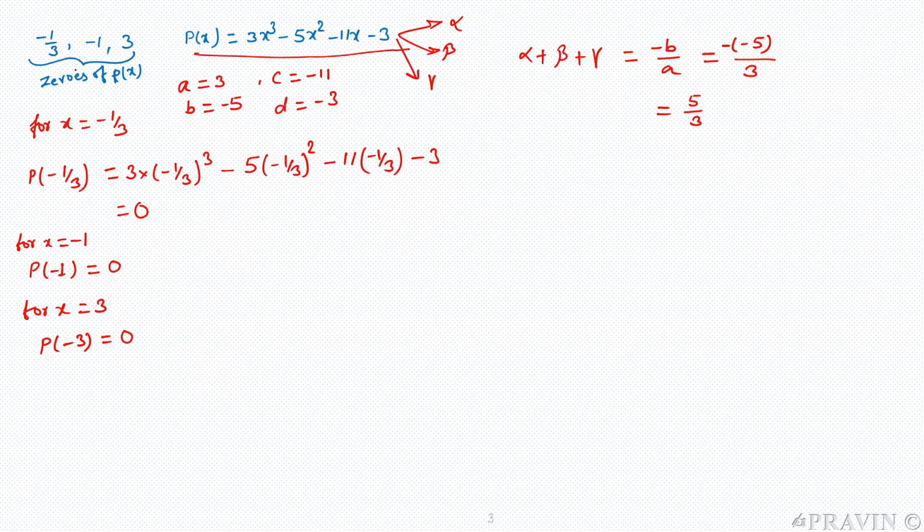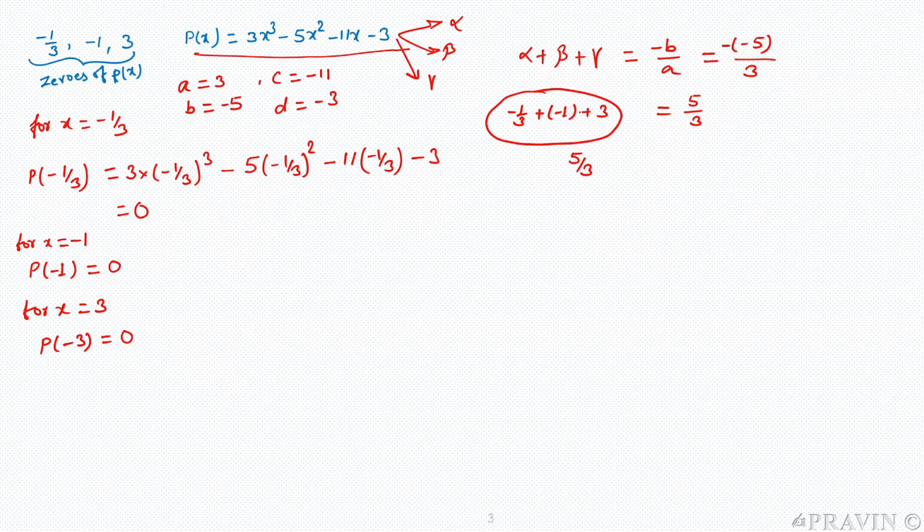Just sum all these three zeros to check whether you are getting this 5 by 3 value or not. Just sum up minus 1 by 3 plus minus 1 plus 3. After solving, you will get that the value of this expression is coming out to be 5 by 3. So sum of zeros